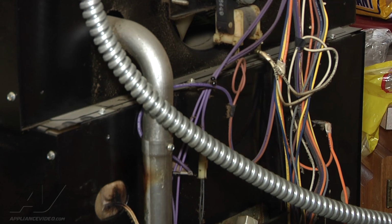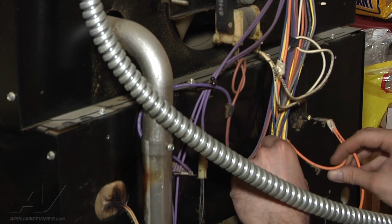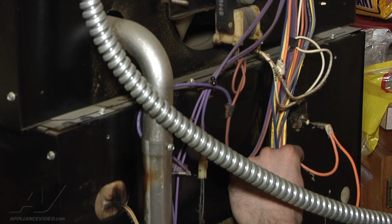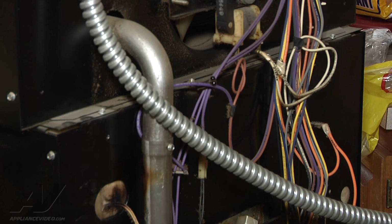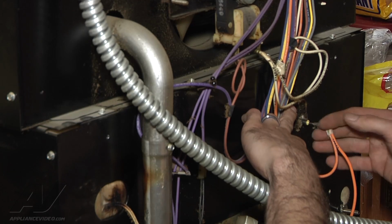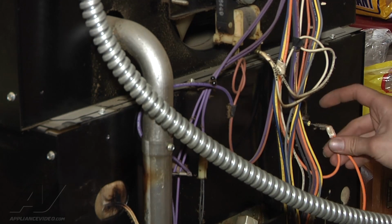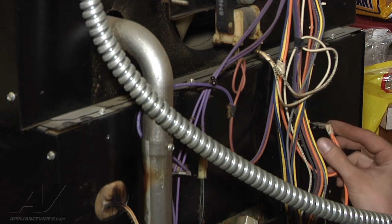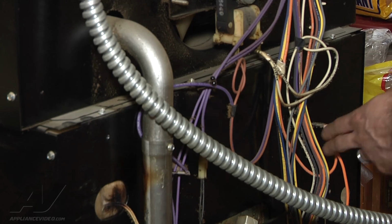Okay, the reason why we wanted to check the wiring is because right here to the broil element, this is your power coming down, and it also piggybacks and comes down to the bake element. So in theory, had we had an issue with this connection, or if it generated heat and broke off or anything like that, we would not have bake or broil function. But at this point, there's no break in the wiring that's visible,